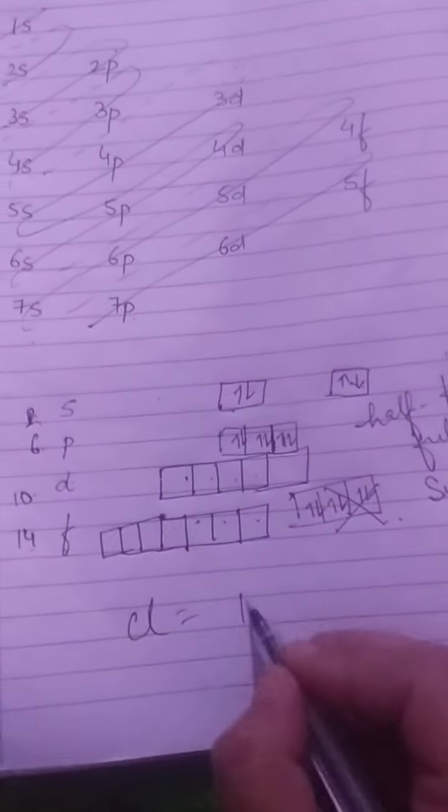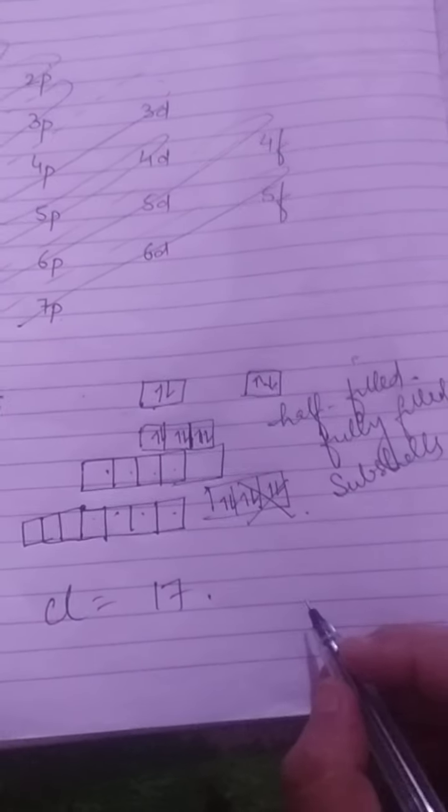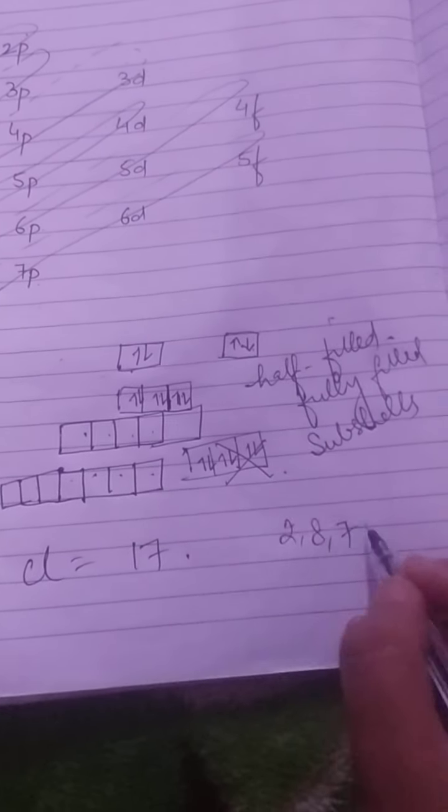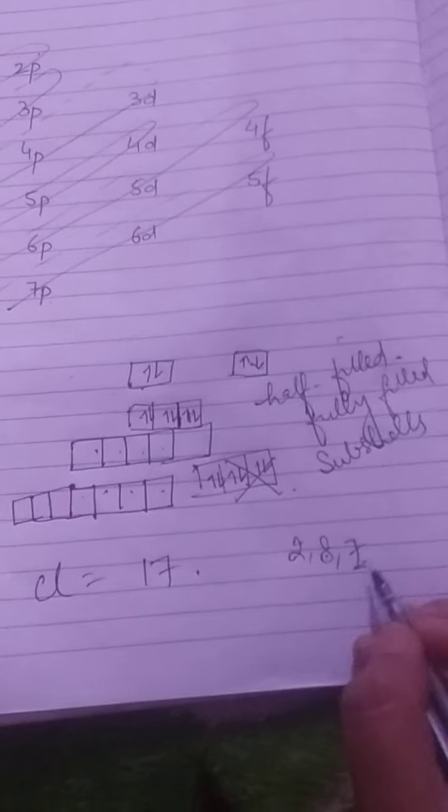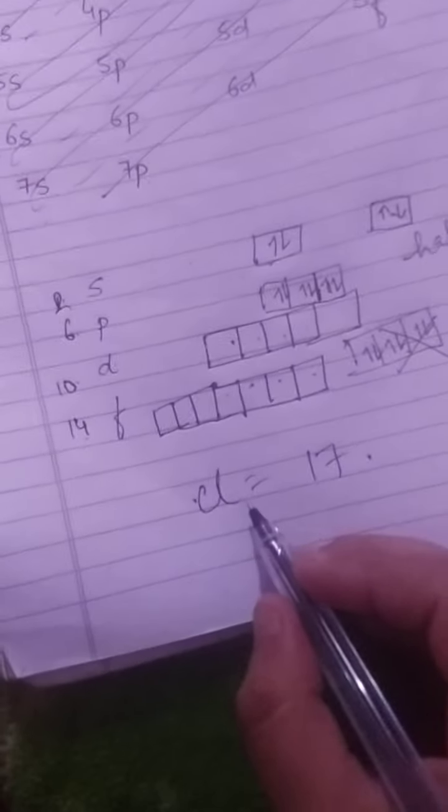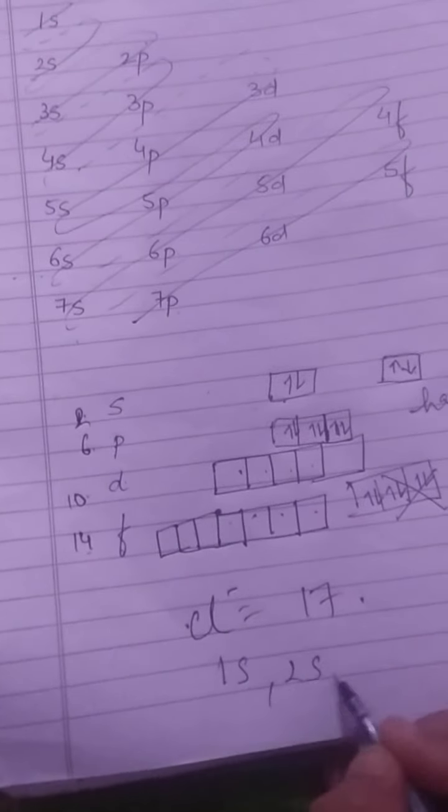Suppose chlorine has atomic number 17. According to 10th grade you will do it like this: electronegative element, it will take 1 electron from somebody else, so it becomes negative. Its valency is negative. But now in grade 11 you will use this Aufbau principle and you will write like this.